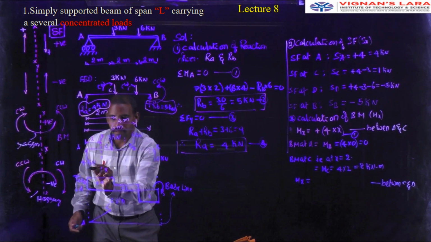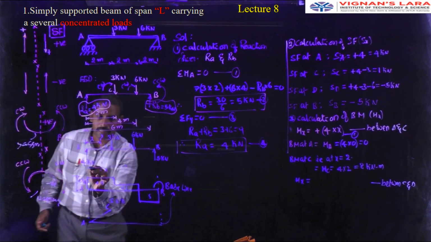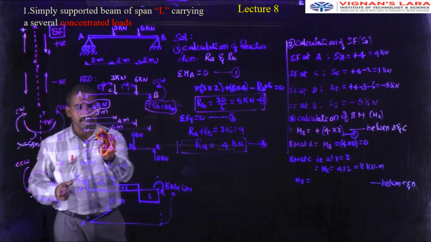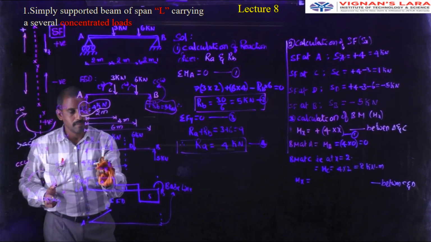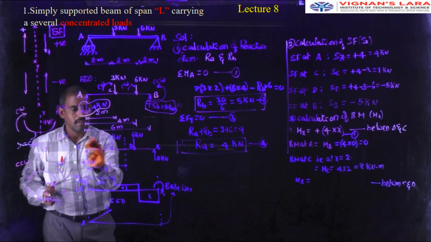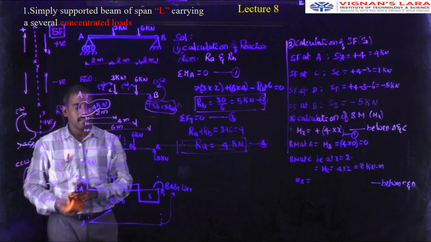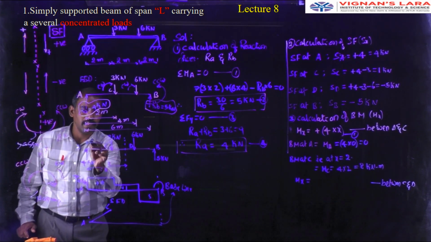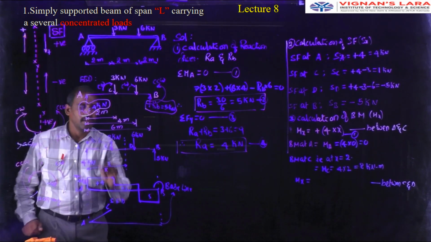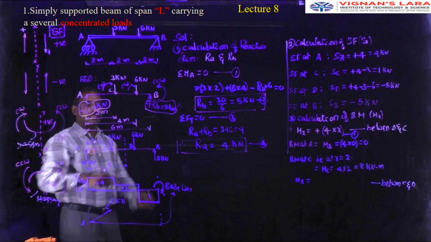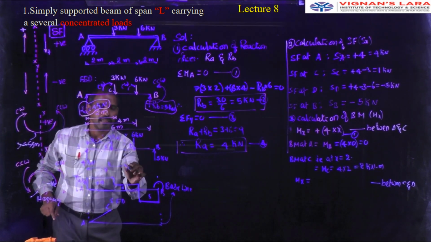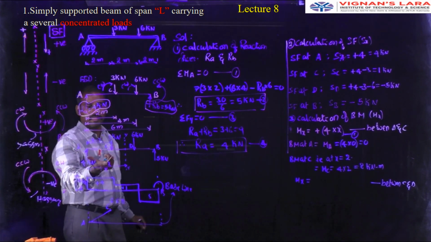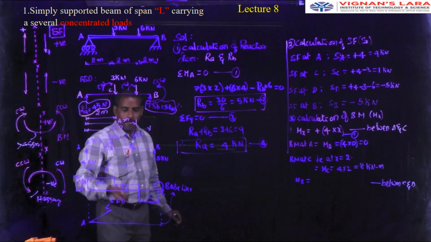Here, to avoid confusion, now the second one, this is x instead of this section. I think the distance from A to C is x minus 2. We know the perpendicular distance from the section XX to each and every force. What about the moment produced by that? So again that is equal to